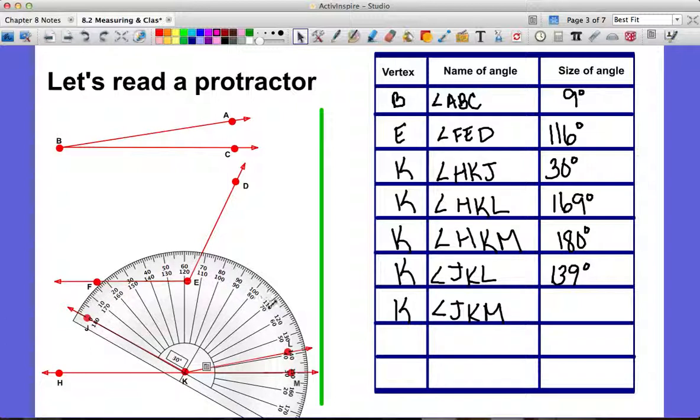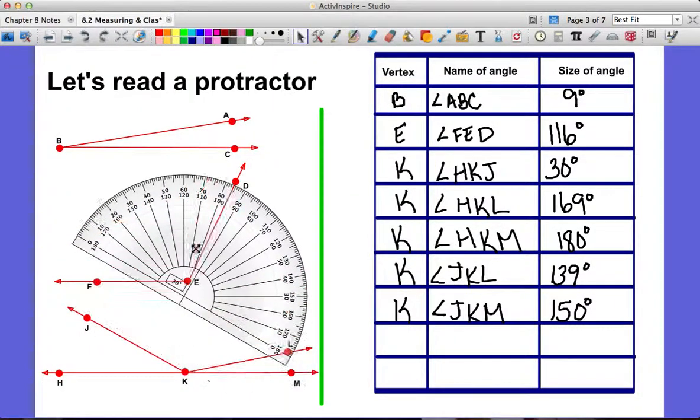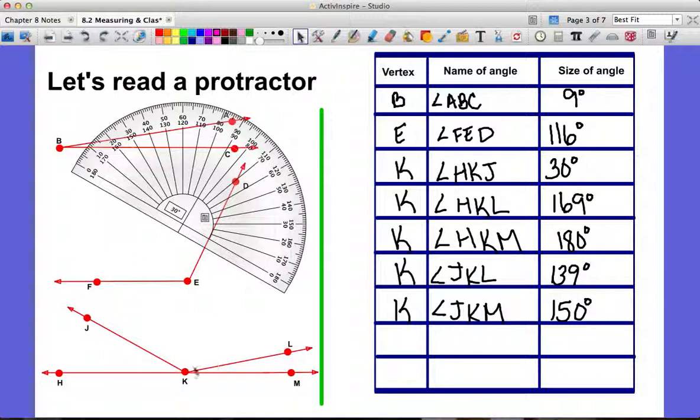Follow the outside numbers, and that is going to get us to 150 degrees. I'm moving a little faster here now because we have practiced a lot with this now. You'll notice there's no other points that I can connect with starting at J,